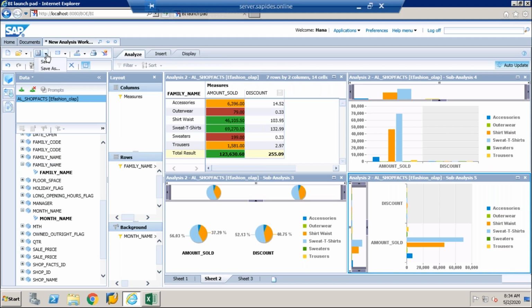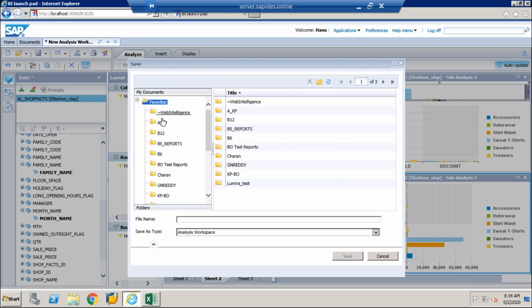Okay, and then after that, save as this enterprise portal, this file.